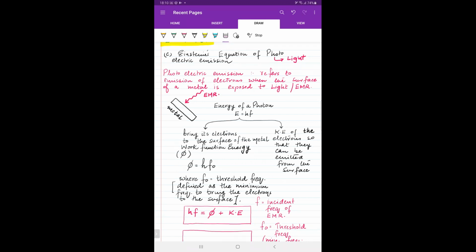So the first function, or the first fraction rather, the work function energy, is denoted by the symbol phi, where phi is equal to h f naught. And in this case, f naught refers to the threshold frequency, that is the minimum frequency needed to bring the electron to the surface. Now, based on this equation,